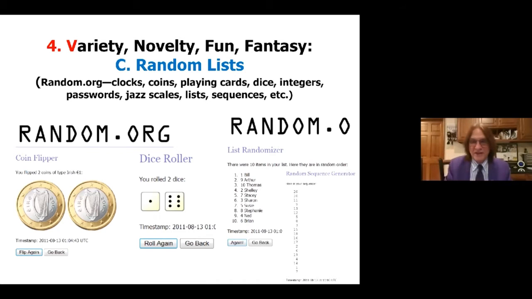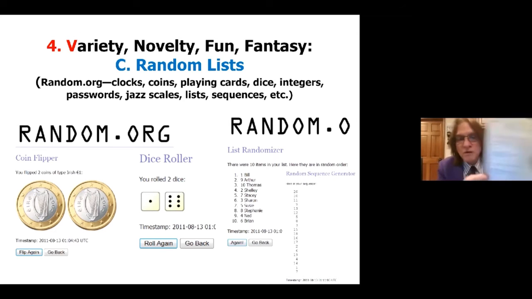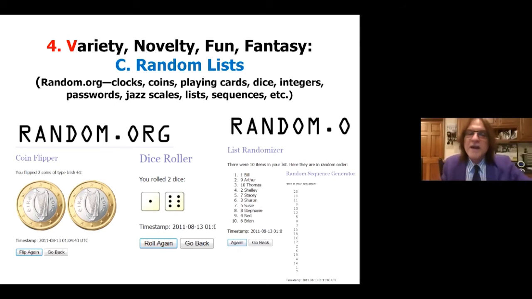The computer selects. I have my computer select my agenda when I present. What items on my agenda am I going to go through first, second, third, fourth? So random.org lets you teach a class differently, so you're not the same boring person every day.